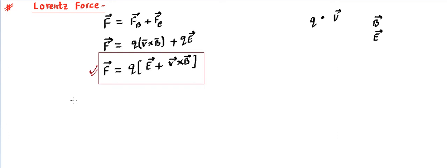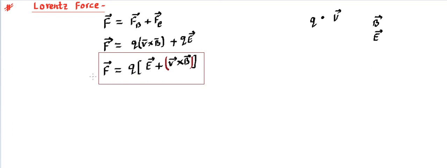So Lorentz force is basically the force acting on a charged particle when it is moving in the presence of both the electric field as well as the magnetic field. Right, so this force is going to decide ultimately where the particle is going to go, depending upon what the field direction of E is and what its magnitude is. Similarly, it will also depend on V as well as B, so there we can place a bracket as well, and their cross product and their magnitudes and the angle between them. And also it will depend on Q, its sign and its magnitude, right?